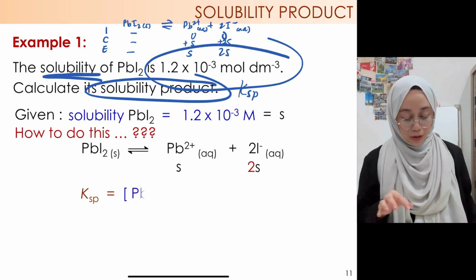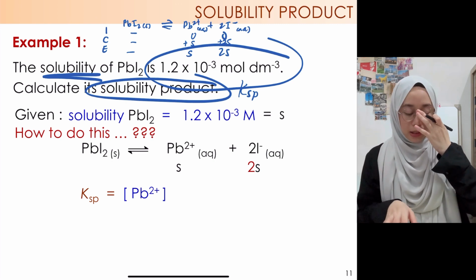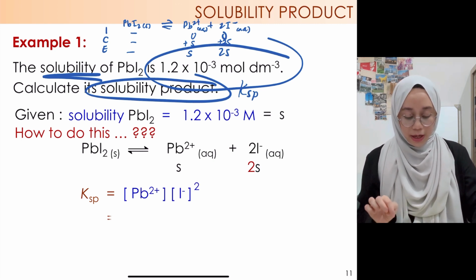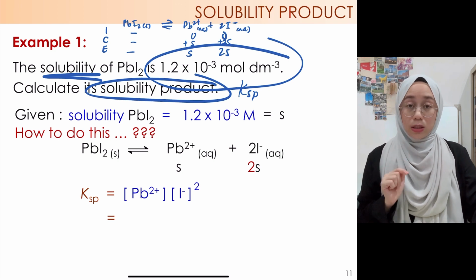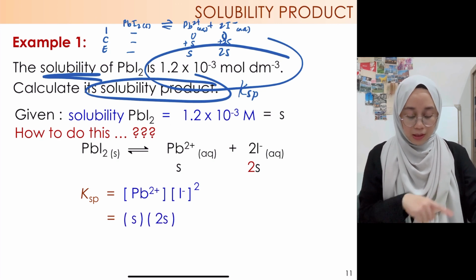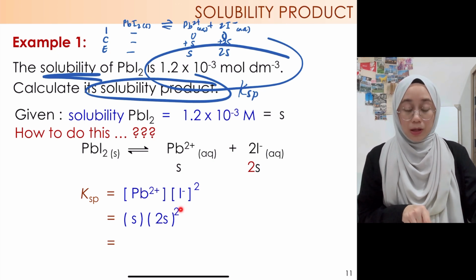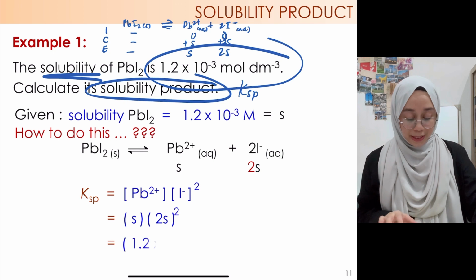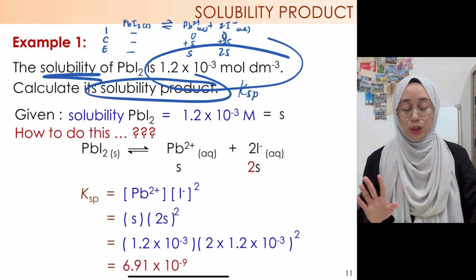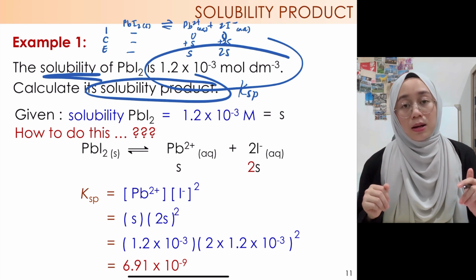Okay, so kat sini, so immediately you can expresskan your KSP. So kita jangan lupa yang ni ada 2 kat sini kan. Okay, sini ada 2. And then since kita dah ada the concentration of each one of these, because kita dah ada S value kat sini kan, so kita just substitute je lah. Okay, but be careful, ini adalah 2S to the power of 2 kelas, bermaksud ini adalah 4S squared sebenarnya. Okay, so be careful. Tapi kalau kamu masukkan terus dalam calculator dalam bentuk macam ni, so it shouldn't be any problem. So KSP, again sekali lagi kita jumpa K, tak perlu untuk ada unit. Okay,